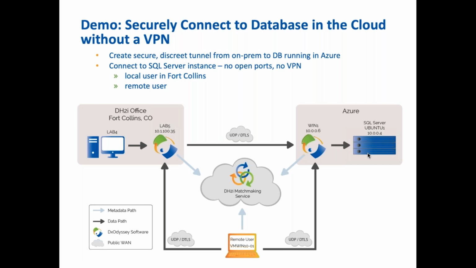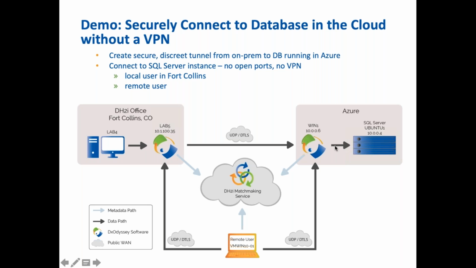Keep in mind, I just showed you SQL Server as an example. Some other pretty major use cases for this are things like RDP and SSH. So if I need to get access to, say, a machine that's running out in Azure, maybe I need to get SSH access to this entire Ubuntu machine,